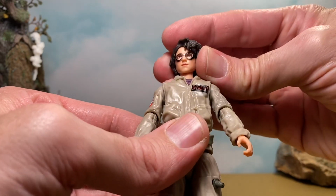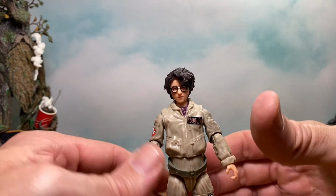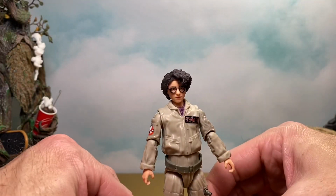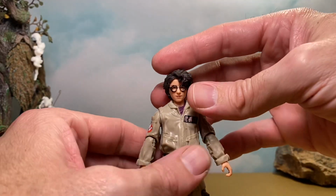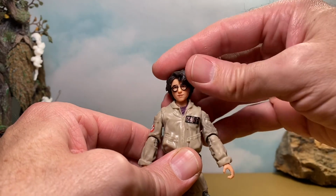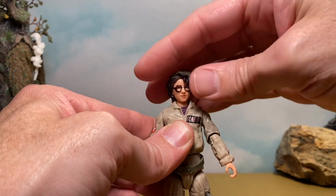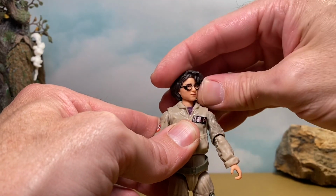But yeah, she's pretty decent. Definitely lacks a little bit, and I'm bummed about that foot issue there. But I may end up eventually getting a second set. This, I know it's a little pricey. Maybe they'll go on sale. But this scene meant a lot to me in the movie, so